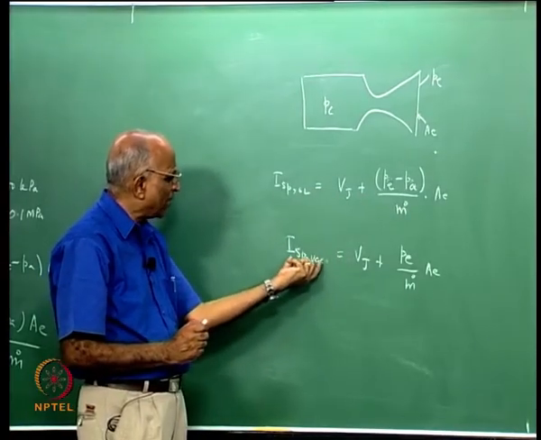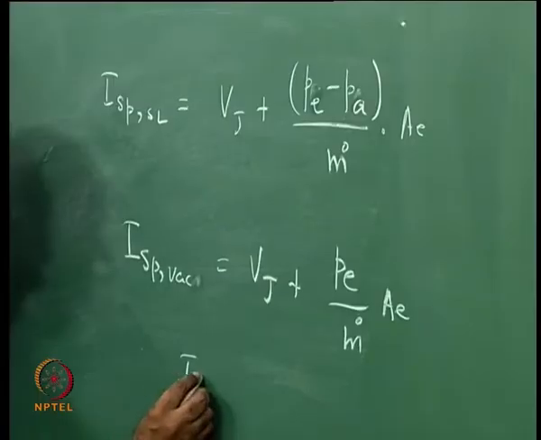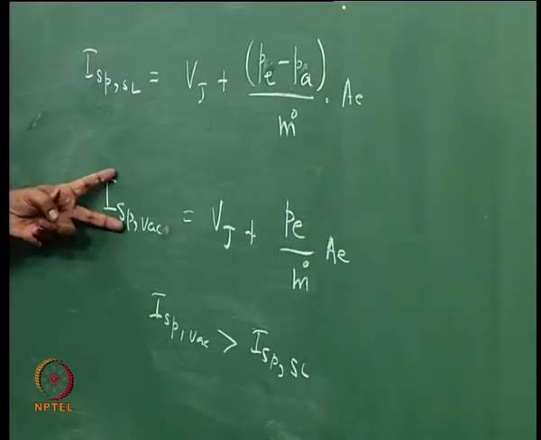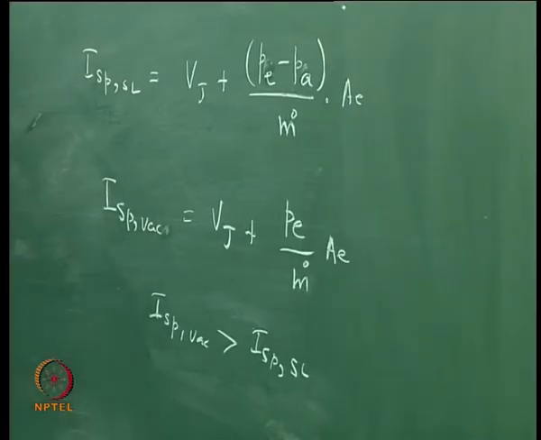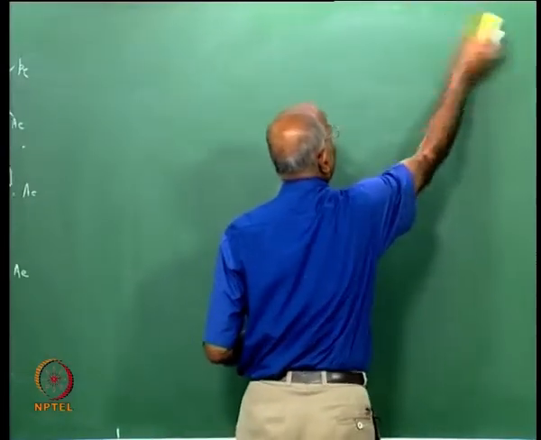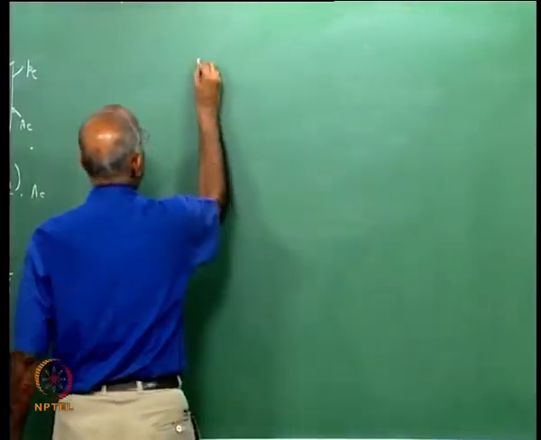The specific impulse of a given rocket operating in vacuum is greater than when it operates on the ground. In other words, the specific impulse corresponding to operation in vacuum is greater than when the same rocket operates at sea level conditions. Now let's expand on this and find a relation between the two. Therefore ISP at vacuum